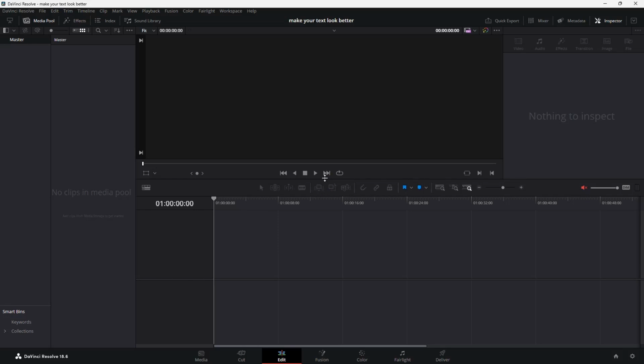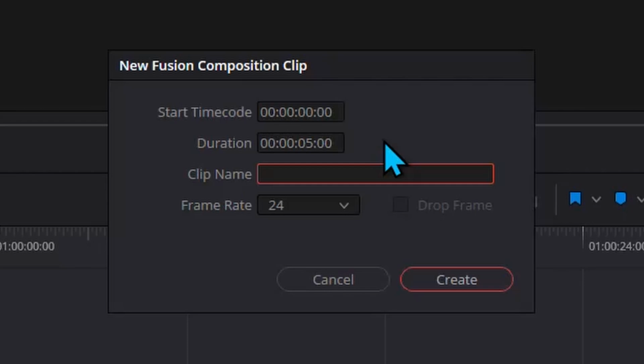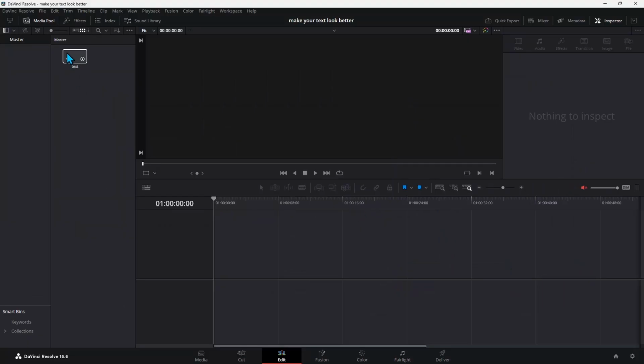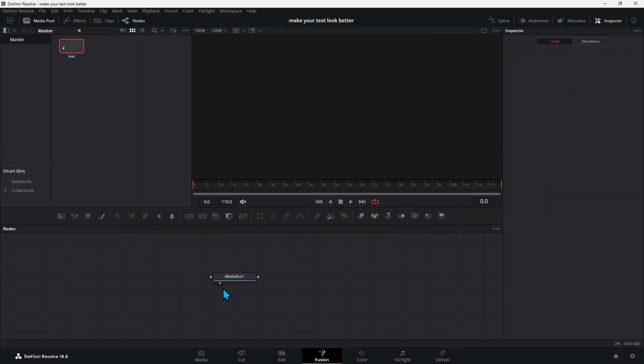Anyway, let's get started. Go over to your media pool, right click and go down to where it says New Fusion Composition and press on it. You can name it what you want, so I'm just going to put text and then press create. Now it should show up in your media pool. Double click on that and it will send you onto